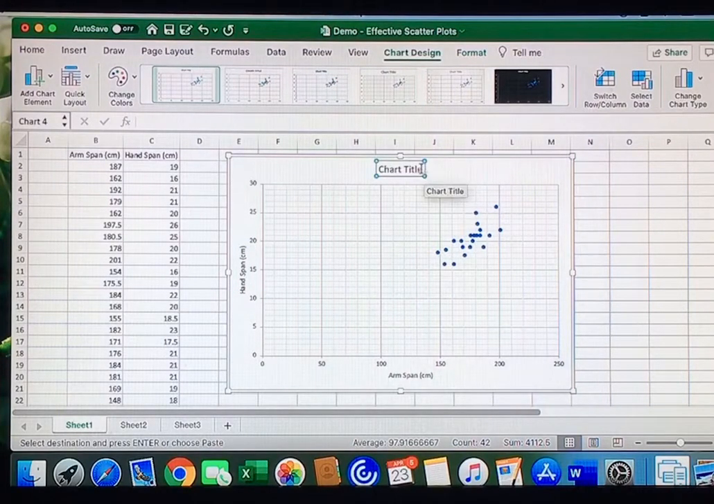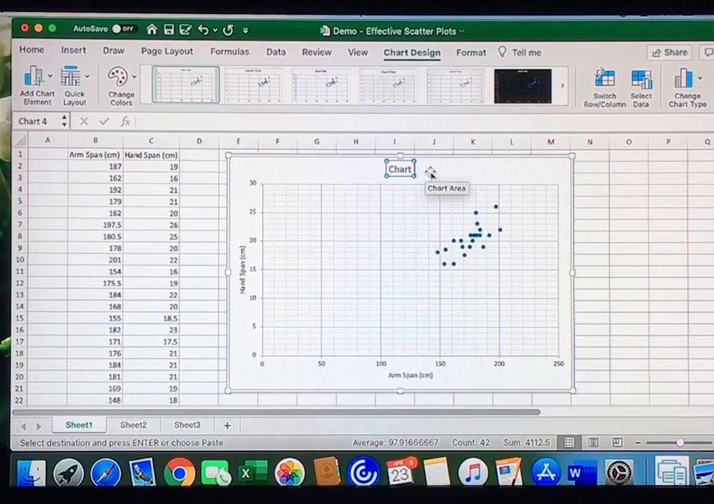In this title, we want to make sure that we have key components to it. A very descriptive title is key. So you want to have, for example, the relationship or graph showing the relationship between, and don't just make it x versus y, right? Relationship between the arm span and the hand span for a group of data management students